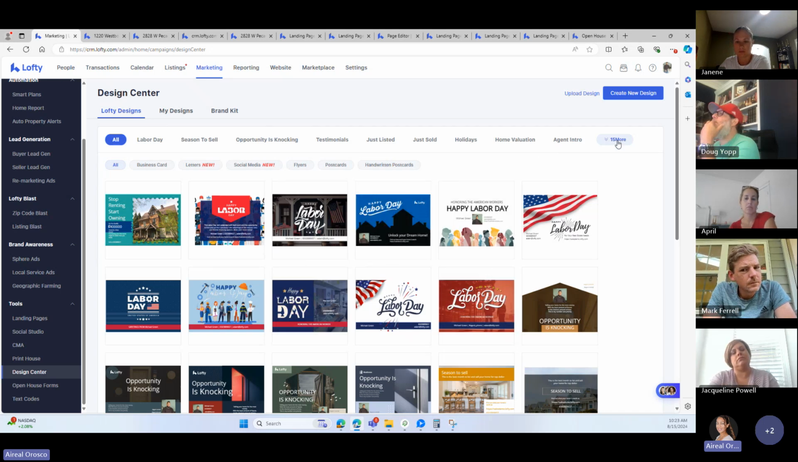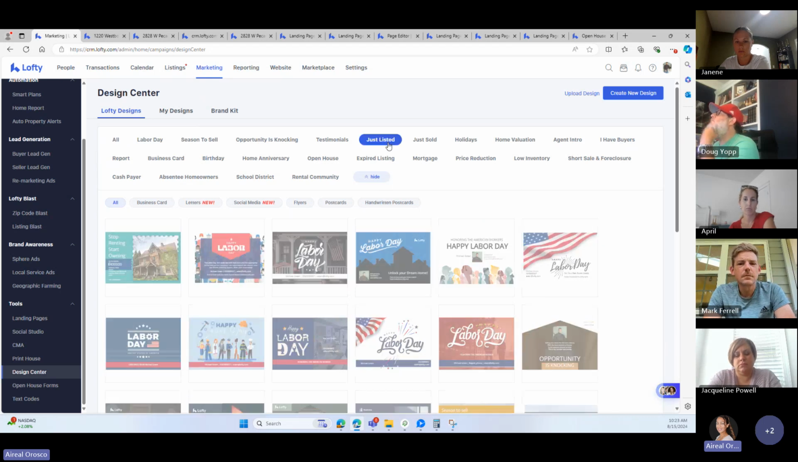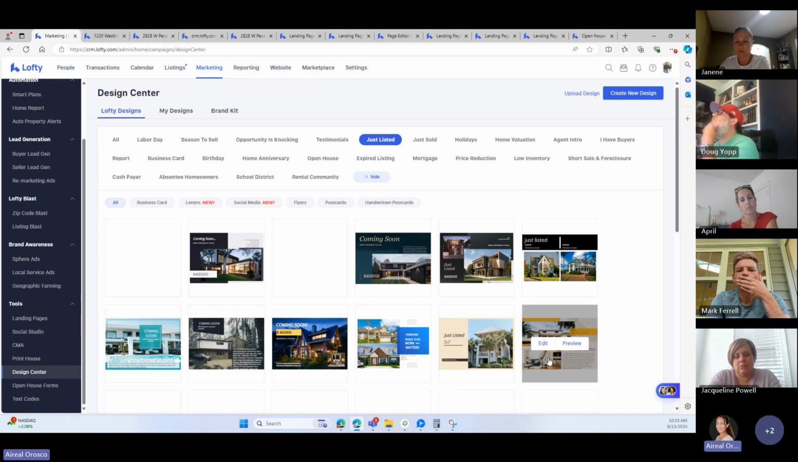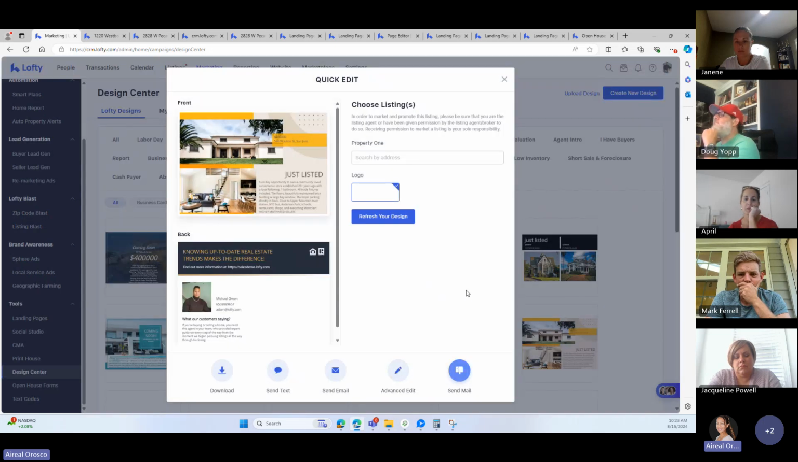You can use this expand button. Maybe you want to create a just listed postcard. You can select that and select the templates. You'll be able to edit the templates as well. So maybe you like this one and you want to edit it. You'll be able to